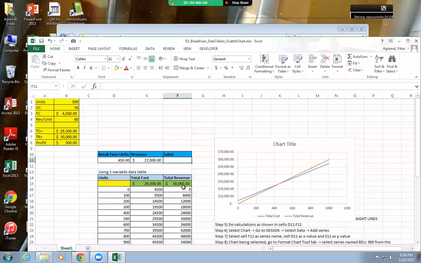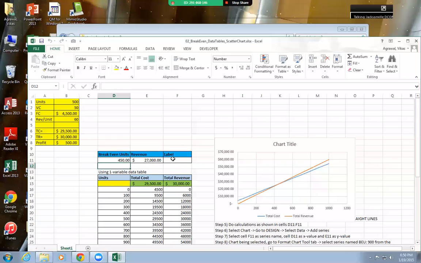Can you show me the equation again for the break even? Yes. FC divided by revenue minus variable cost. I'm just passing the references. Remember, my cells are named. Okay, that's why I'm seeing those FC, revenue, variable cost. Okay. That's helpful. Yeah, it's very helpful if you name the cells.